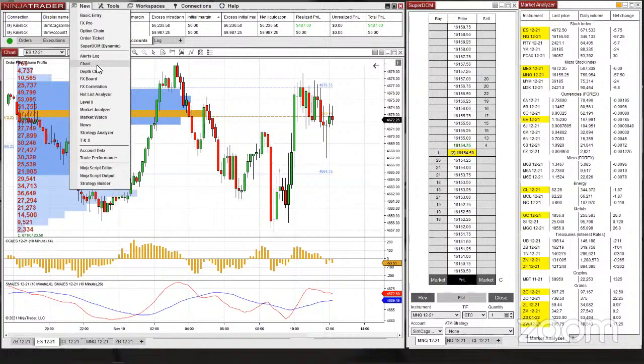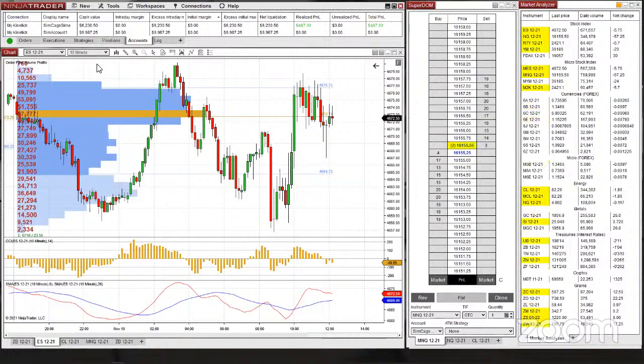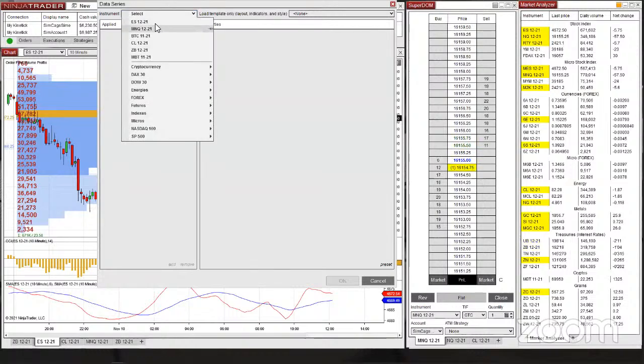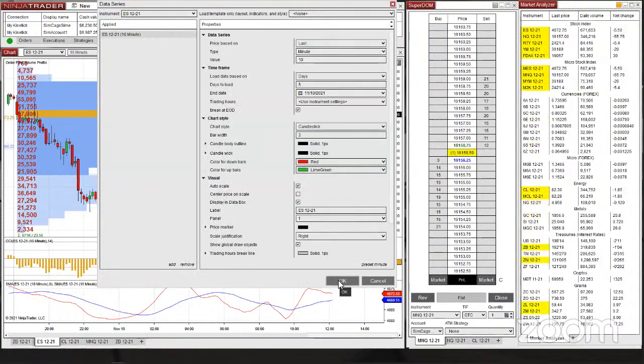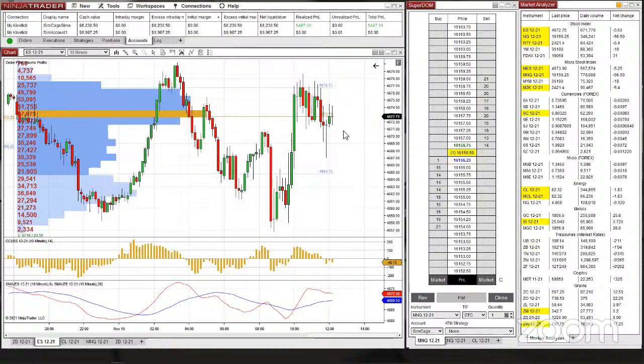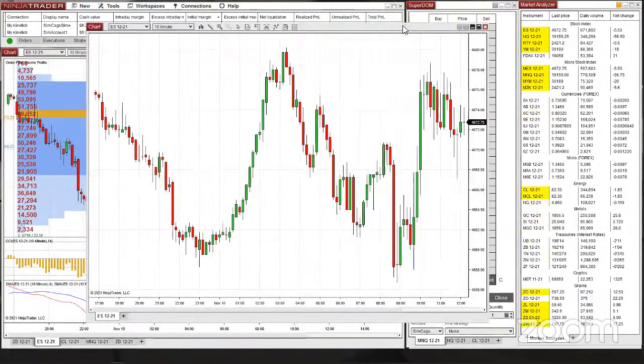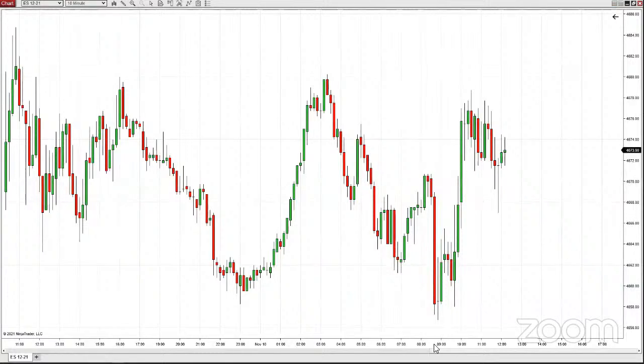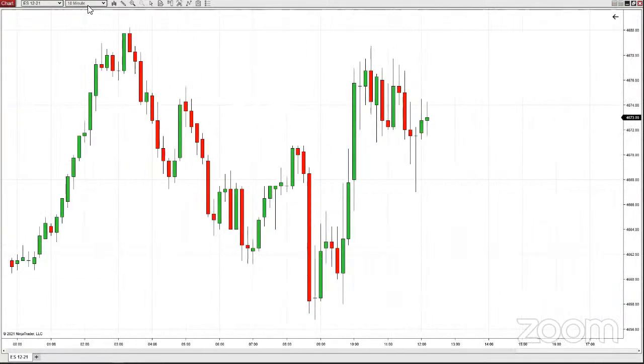Excuse me, my bad sinuses today. Chart. We're just going to go ahead and add an E-mini S&P, right? I'm going to start with a blank candlestick chart. I have a 10-minute chart. Each candle outlines what happened during each 10-minute increment on a going forward basis, right? And so the way a candle works, green means the price appreciated during that 10 minutes. Red means the price depreciated or went down during those 10 minutes.